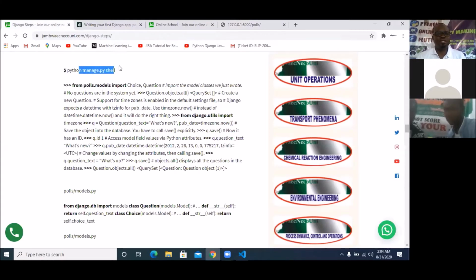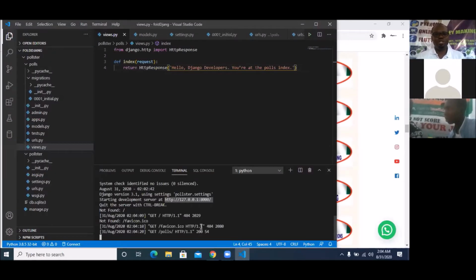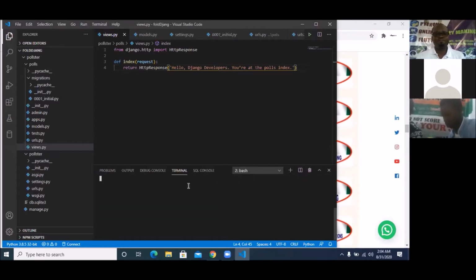So to do that, this is the code I'm picking. This code, like I said, is on jamboeknecouni.com/Django-steps. You simply say python manage.py shell. It's a very simple code. I'm going to open another terminal for me to do this. But make sure when you're in that terminal, you cd into poster.